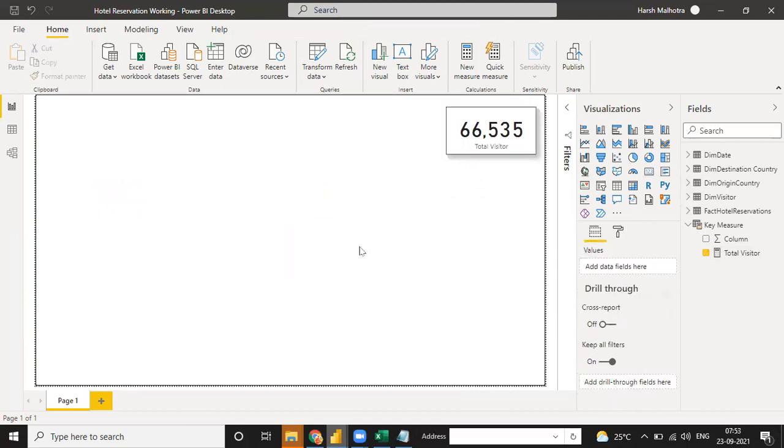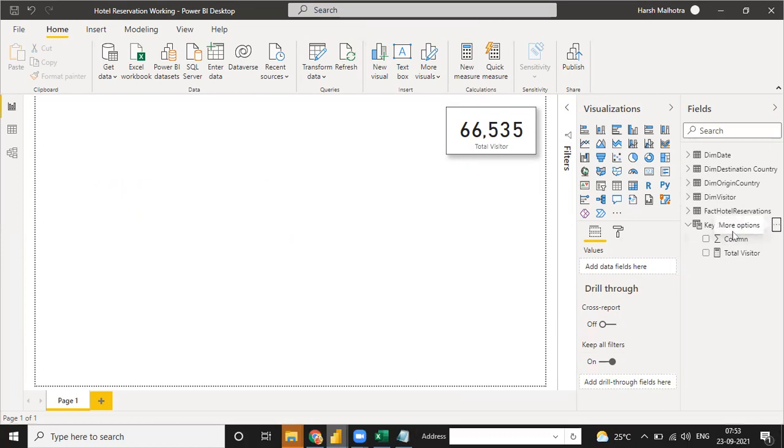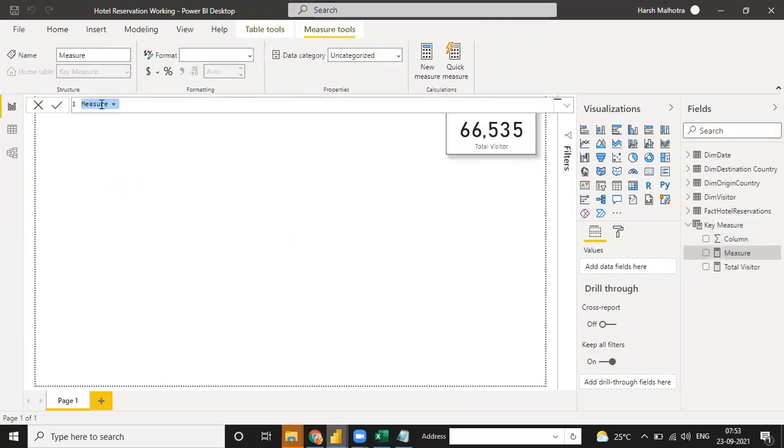Total customer. So now one more thing I can do. Just click on new measure with the same need, same thing we need again with another function. Like total. So now I need a total customer and visitor, both are the same. So I just write it another different name, because when you do the same name again and again, it will not format good way. So you just click on count.